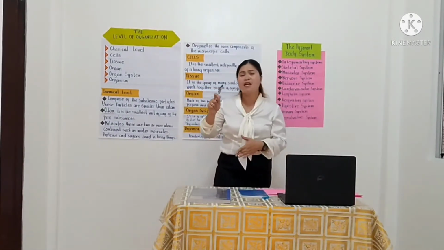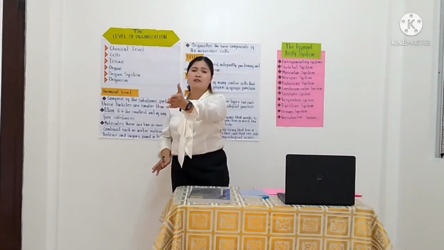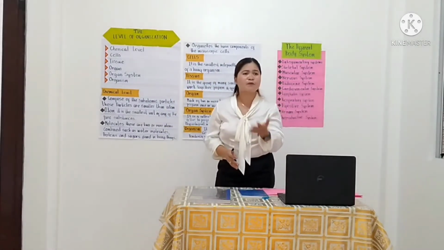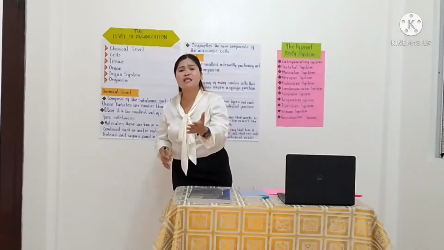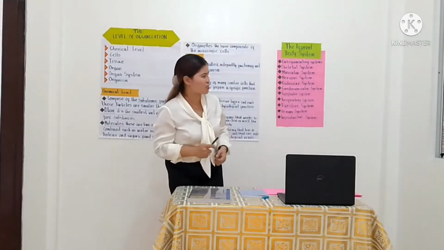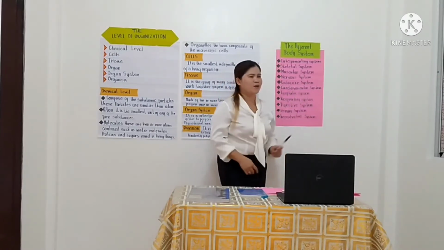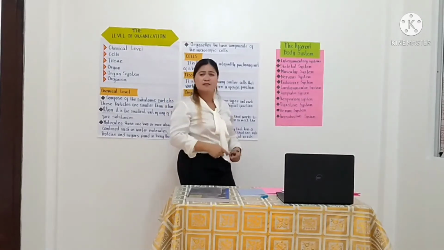The nervous system, what does it comprise? Okay, the spinal cord. What else? The brain, yes, the brain. Then the nerves and our receptors. So next is the endocrine glands, the endocrine system. So when we say endocrine system, what does it consist of? What do you think?